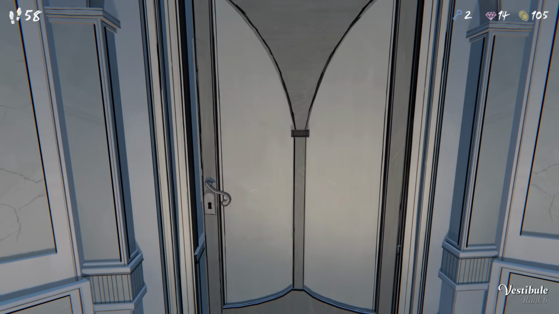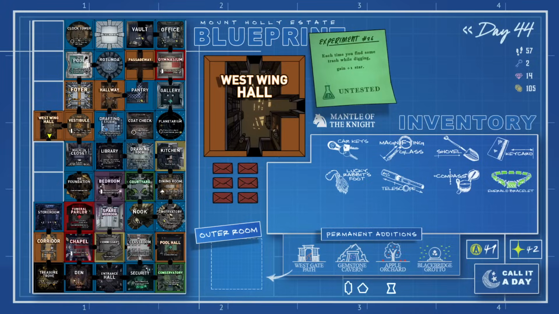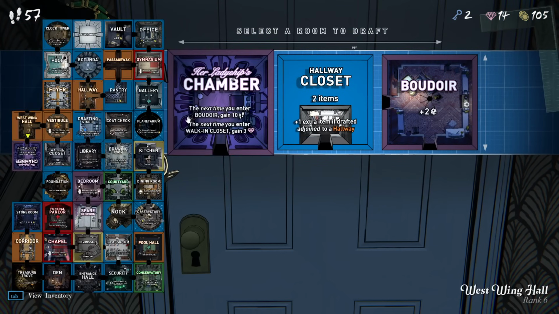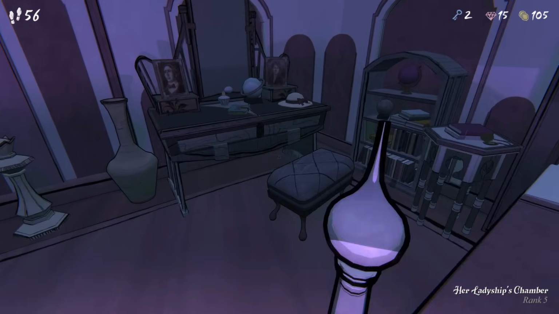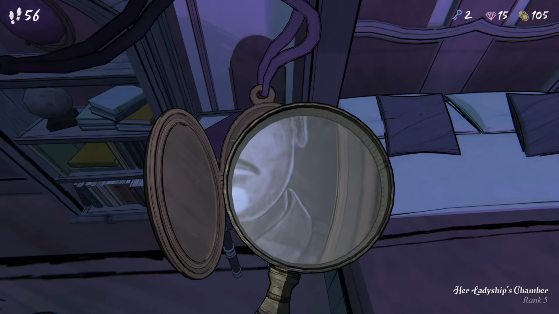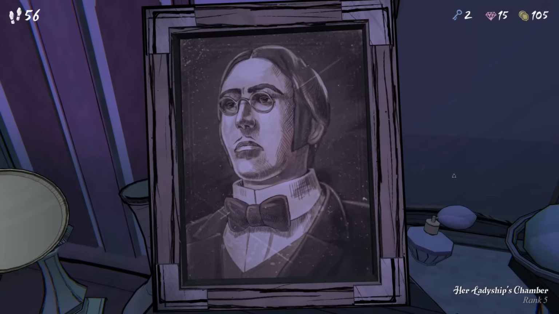West Wing Hall thankfully opens in 2 directions, though I do have to pass up Garage, despite having the keys for it. Her ladyship's chamber has spawned. So here's the thing. I'm going to spawn it. This is a queen, so now I do have the ability to go down and change my thing, should I want. That is to say, my chess mantle. But what I really, really want...